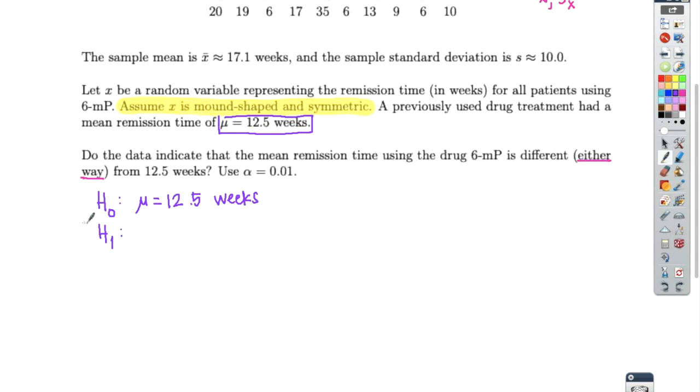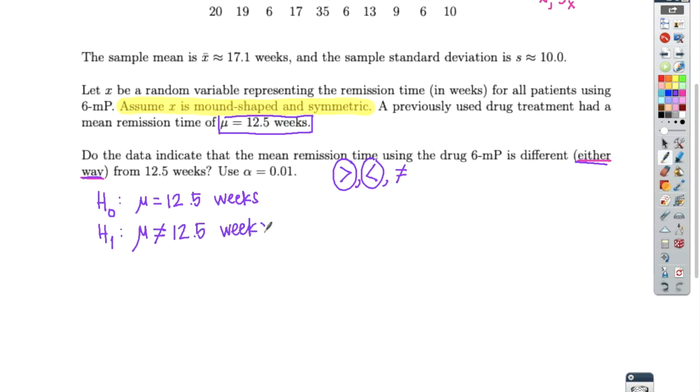Now, your alternate hypothesis is going to be an inequality. So it's either going to have a greater than sign, a less than sign, or a not equal to sign. And to figure out which symbol, we need to use the words in the problem. So in this particular problem, it says, is the remission time different either way from 12.5 weeks? Meaning we don't want to restrict to just greater than or just less than. We want to test both directions, and we just say not equal to 12.5